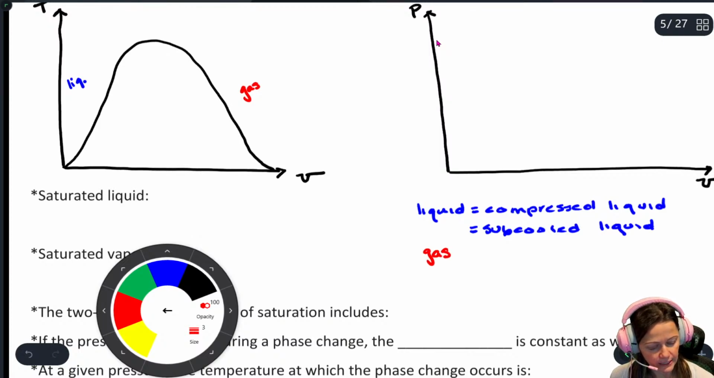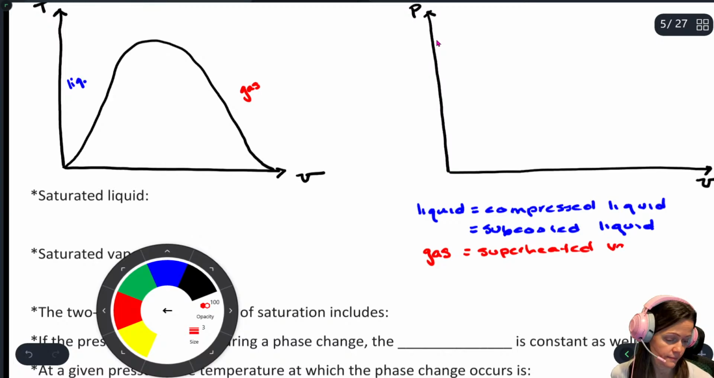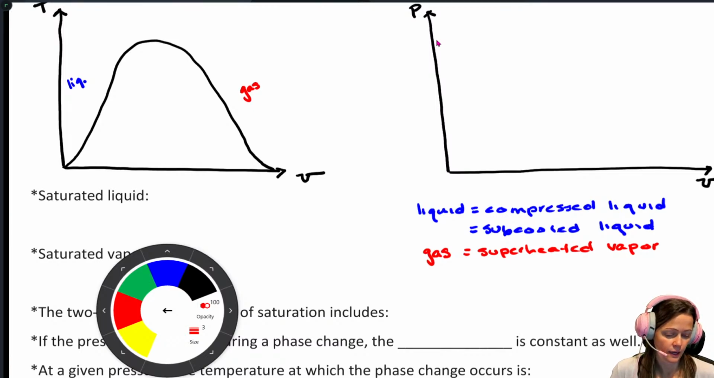If it's in a gas phase, we say it's a superheated vapor, or just superheated. So you'll hear in Thermo, especially when we're talking about water, instead of gas, you'll hear us say superheated vapor, superheated. All right, so